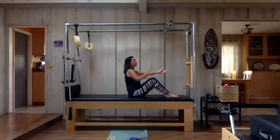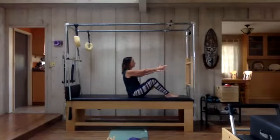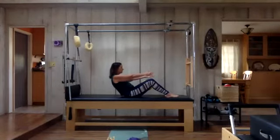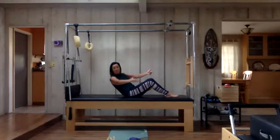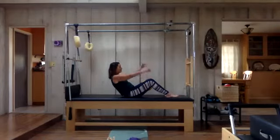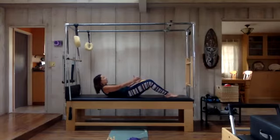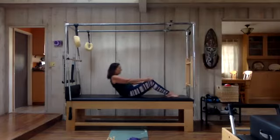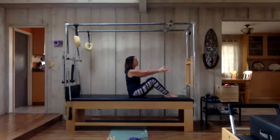Exhale, we're going to come back just to the beginning of the lumbar spine. So we're not going to come down too low. Let's practice. We come back, back, back. Good. So from here, I have a little bit more mobility, meaning I could twist or I could move. I can hold this rather than coming down super low. That's pretty intense. So just find that place as we start this next part of the series,